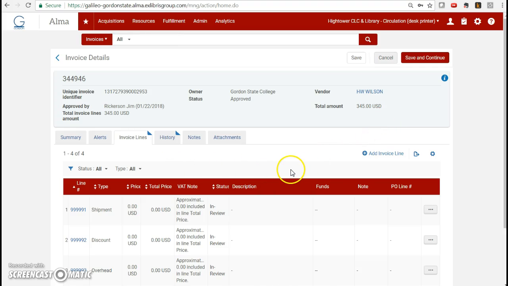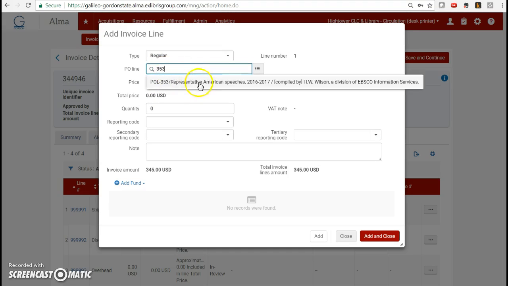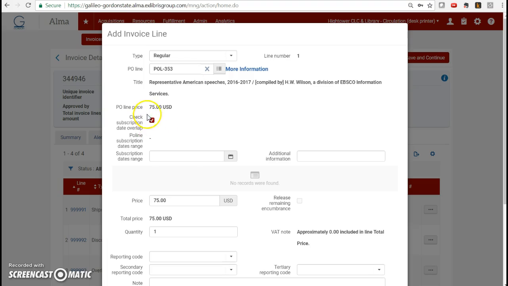But before I do all this, what I'm going to do is I'm going to add the other titles that we purchased from H.W. Wilson, such as the South China Sea conflict and the LGBTQ in the 21st century and prescription drug abuse and things like that in the catalog. And then I'm going to associate these with this particular invoice by clicking on Add Invoice Line, and I'm gonna have to create a purchase order line for each of these. So I'll be able to go in here and type in the purchase order line,